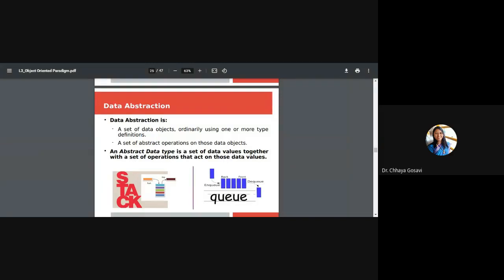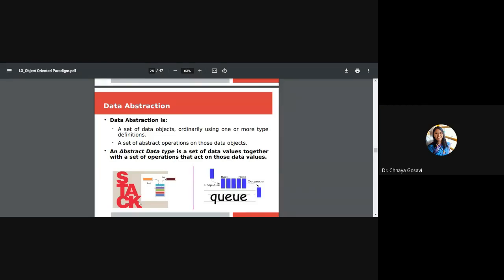So data abstraction is a set of data objects, ordinarily using one or more type definitions, and a set of abstract operations on those data objects. So an abstract data type is a set of data values together with a set of operations that can act on these data values.